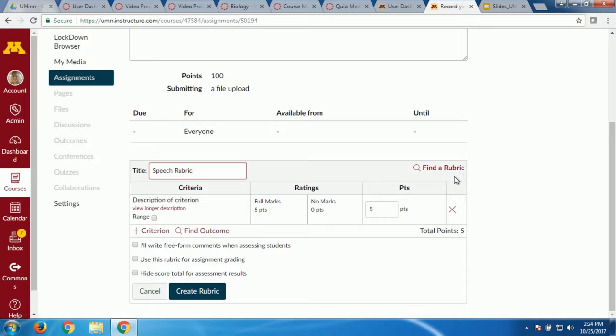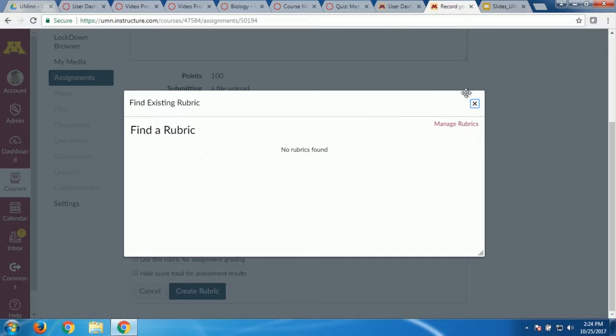Maybe you work for the College of Engineering and you have key engineering principles you always check for in your engineering products. You could have a whole department-wide rubric that everyone can just find by going to the Find a Rubric. That's built by your admins. Now, there's other ways to share. We'll get to that afterwards. But that's the Find a Rubric, any that have been created for you at a department or an institution level, or any you've already created in the past will be found there.